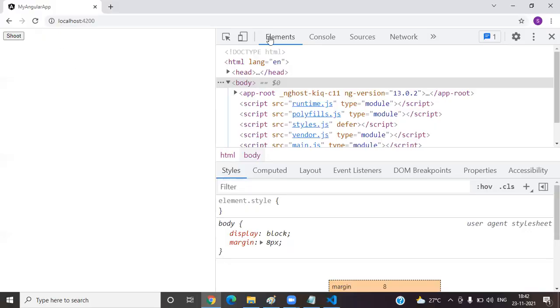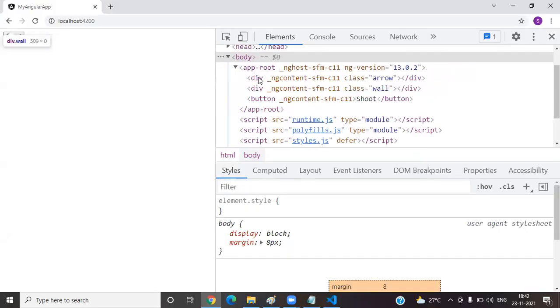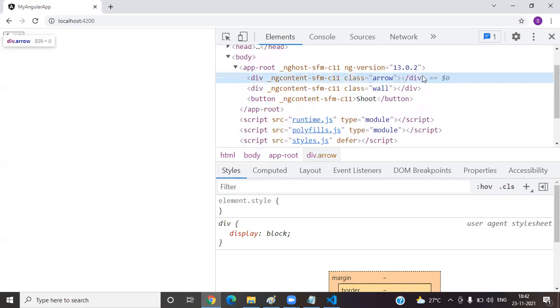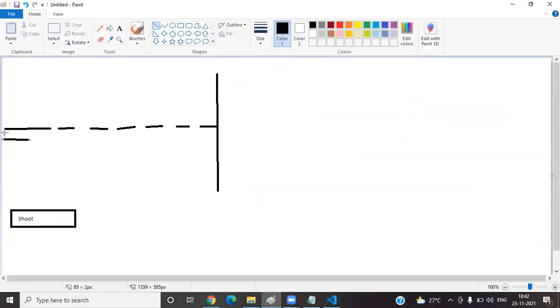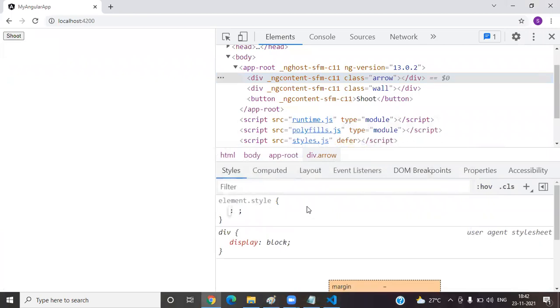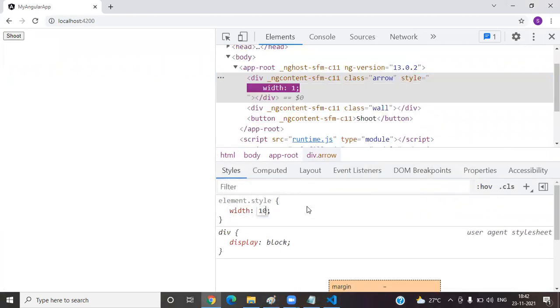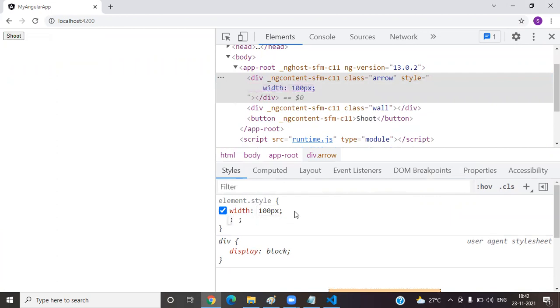Okay, done. Now if you come here, this div should act like an arrow. Don't think too much, an arrow is nothing but a simple horizontal line with some width. So just write width equals 100 pixel. Which color do you want?